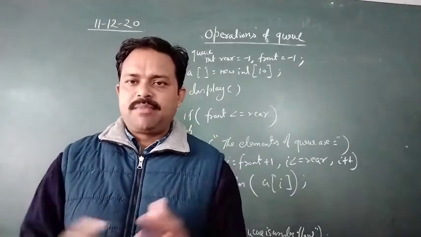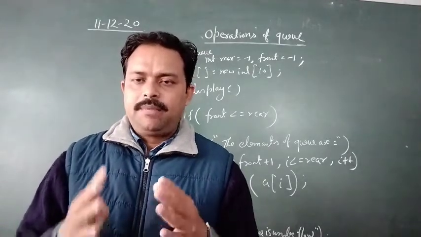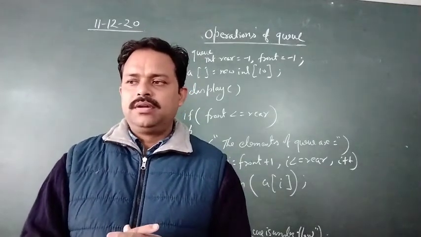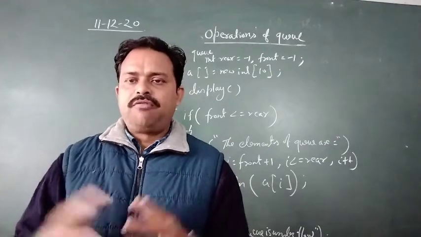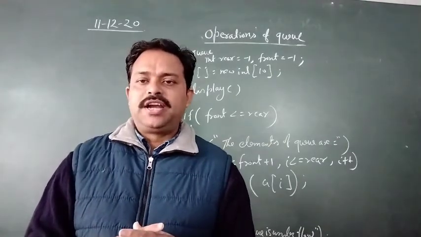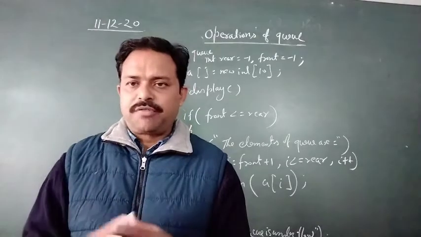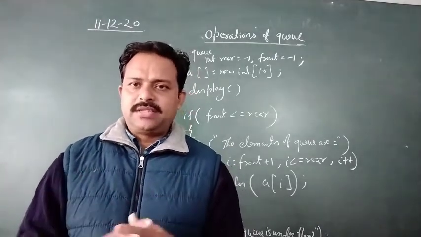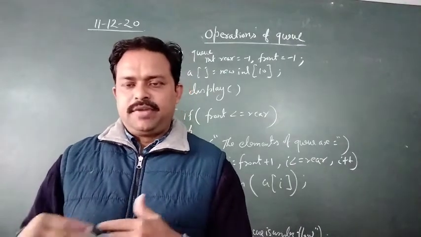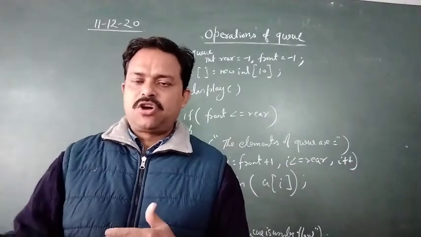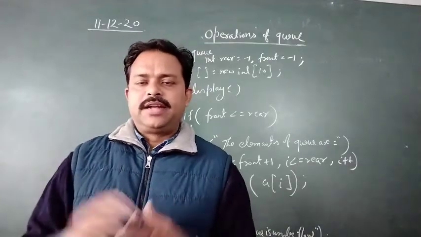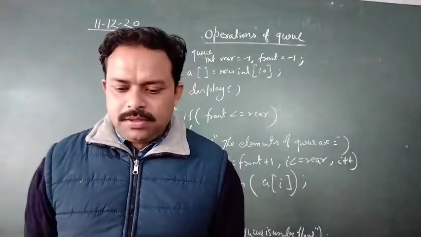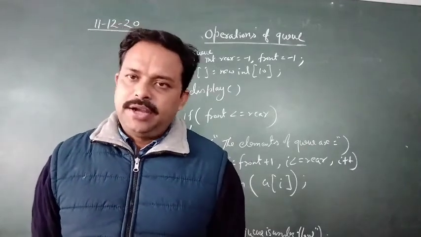One of the best examples of queue is your printer. So my examiner can ask, give one example of queue, or state the implementation of queue. We can give the example of a printer, because we have noticed that when we send documents for printout, the first document comes out first only. That is nothing but an example of queue. So this is about the data structure.